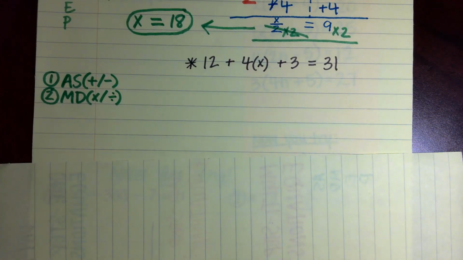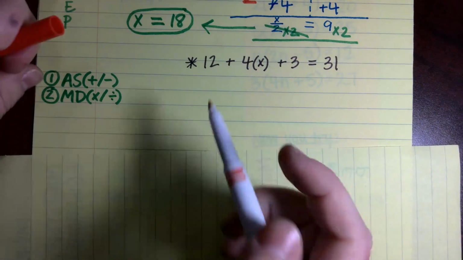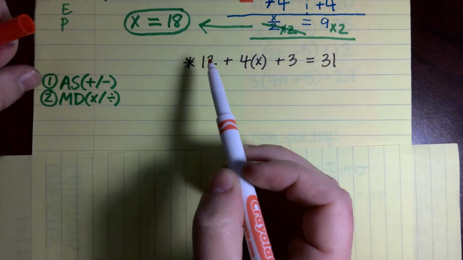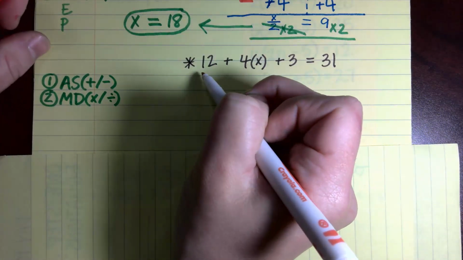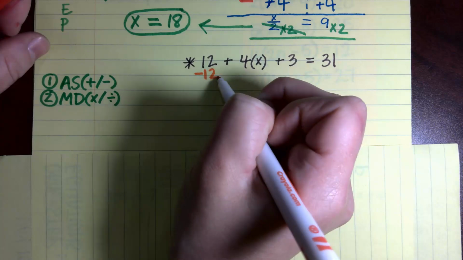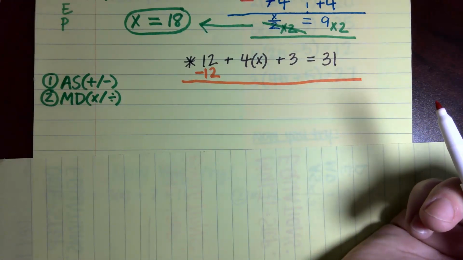All right, what would we like to do first? Yeah, let's try to get rid of this 12 first. So to get rid of a positive 12, we're going to subtract 12. Now, where else am I going to subtract 12? 12 under